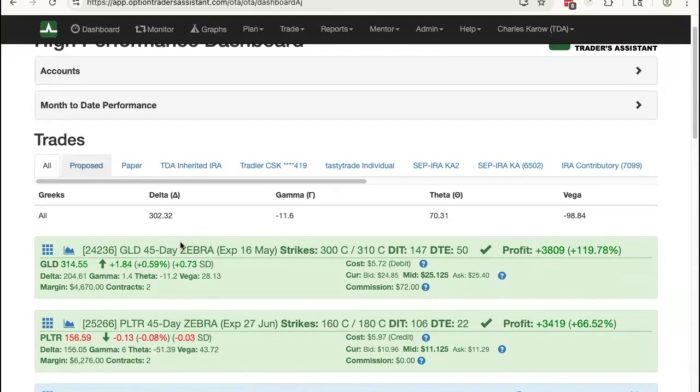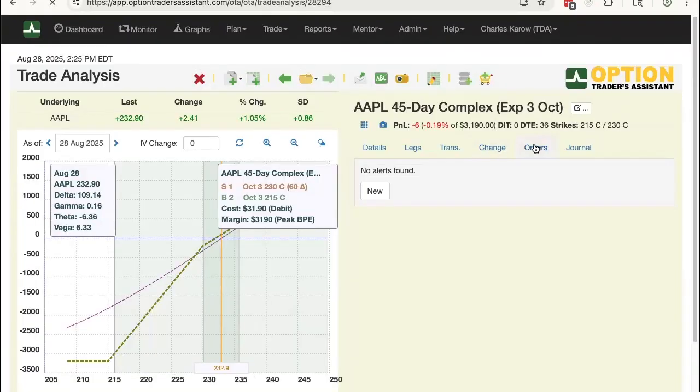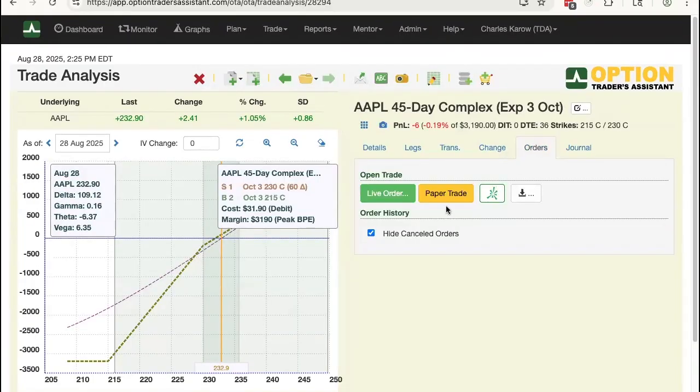So if I go to a proposed trade on the orders tab here, paper trade, this button, clicking this button, see it says commit as a paper trade at the current prices. That's how you initiate a paper trade. It actually looks up the latest prices and takes the mid price and commits the trade as if you'd had an opening order for that at that price. And then once you have a trade,